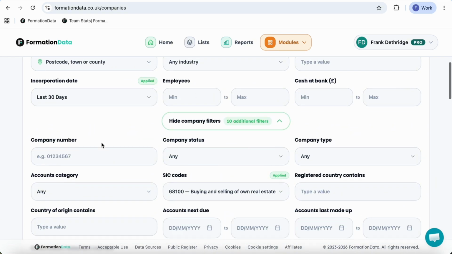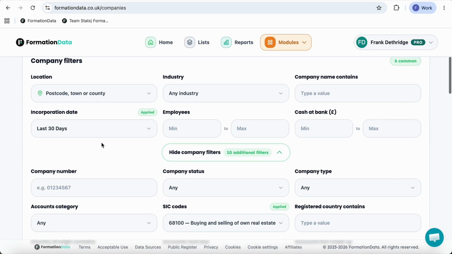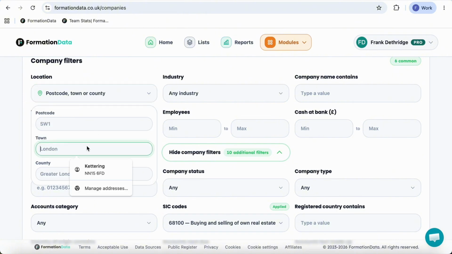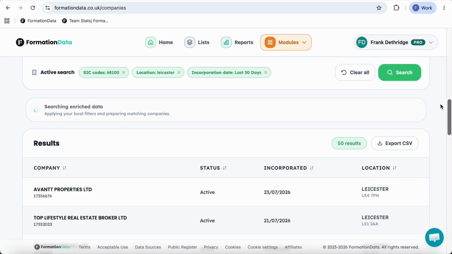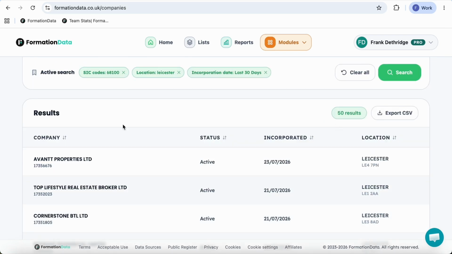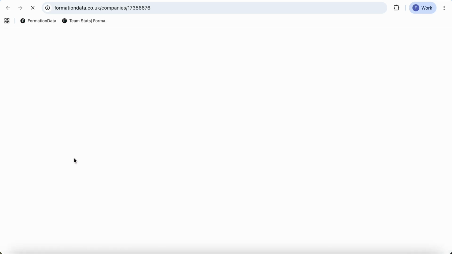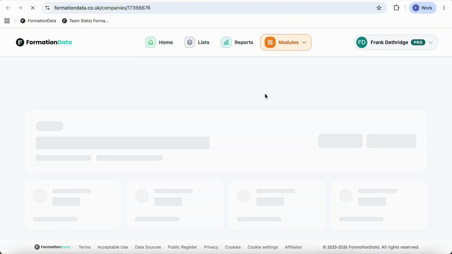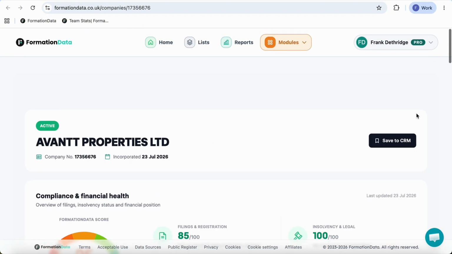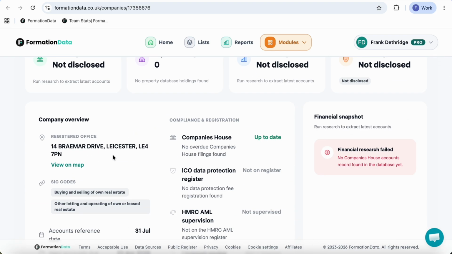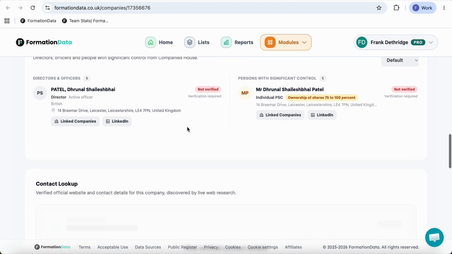We can actually narrow this down to a location. So if we narrow this down to somewhere like Leicester, and refilter that, we can see how many launched. 50 within the last 30 days in Leicester. So what we can do is open up the company record and we get a full snapshot of the company information. So we can either drop them a letter to their registered office, or we can scroll down